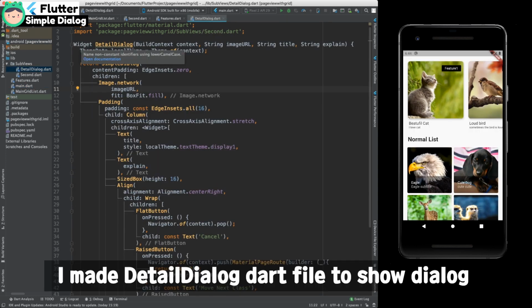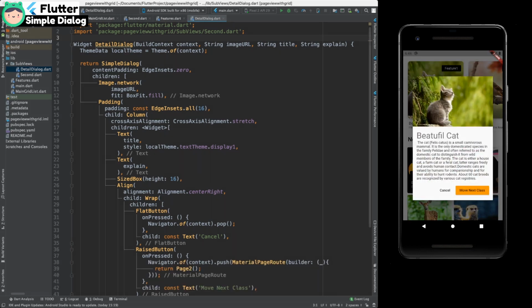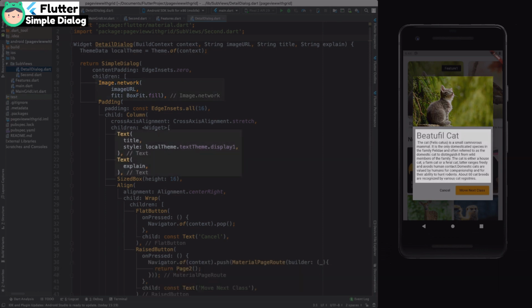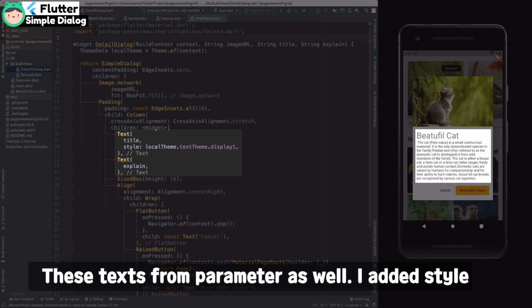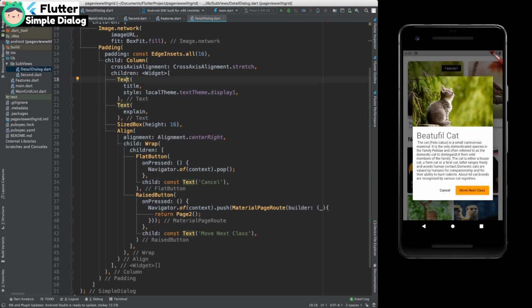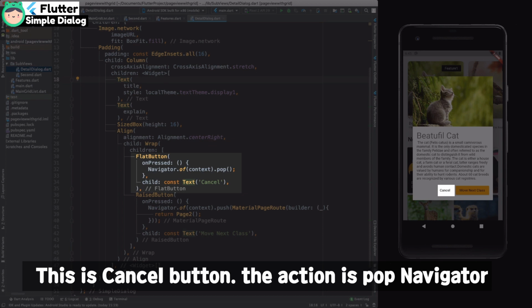And I made a detailed dialog class to show the dialog. This class makes this one. So the first code makes the image and this text from a parameter as well. I added a style for the title text. And this code cancels the dialog